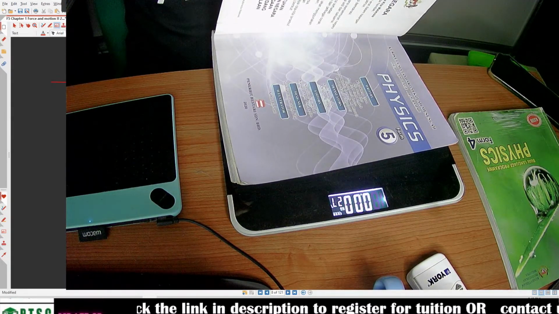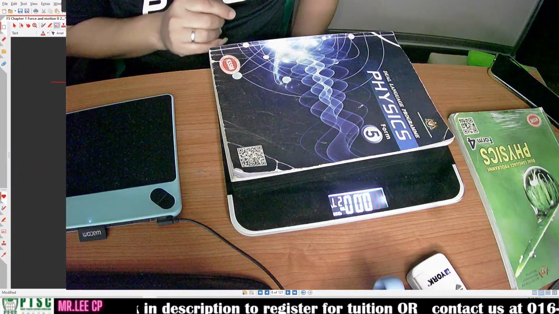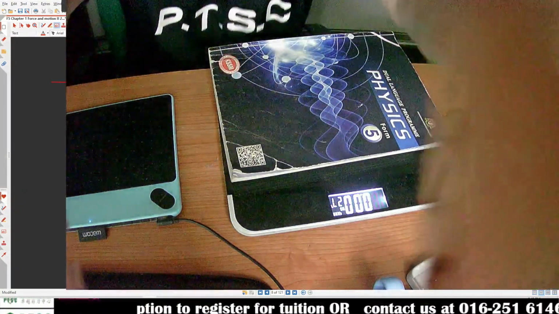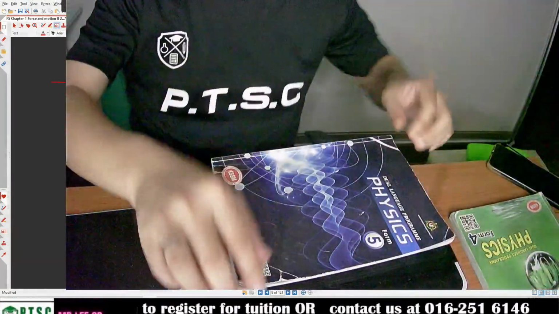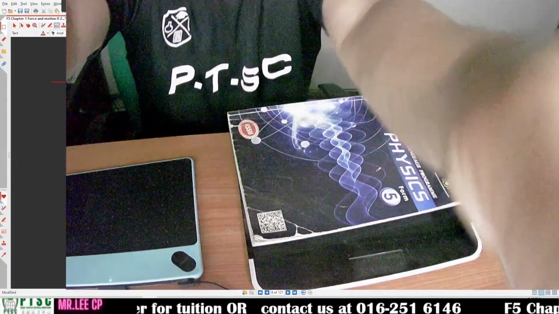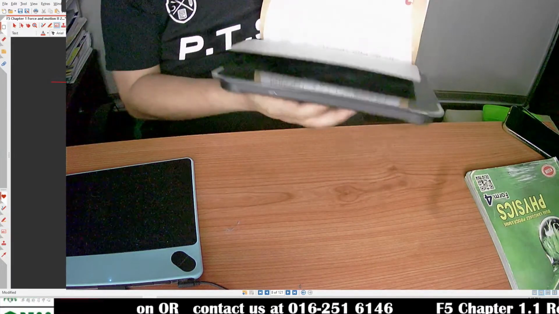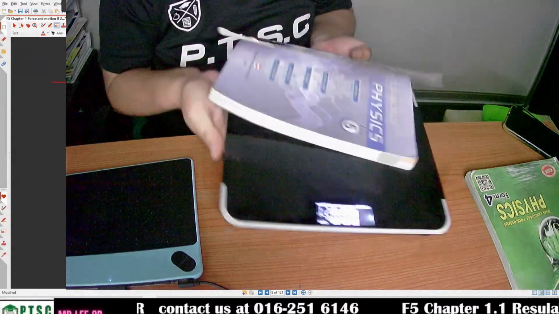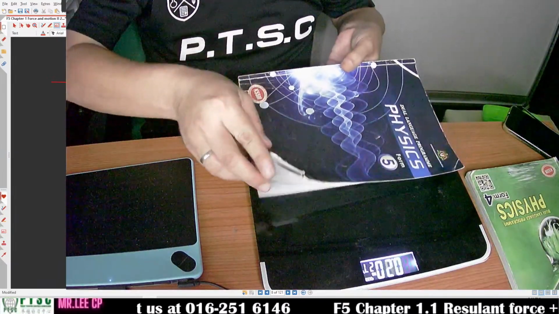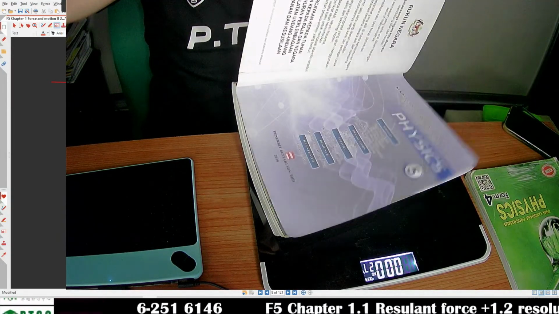Why this one 0.4 only? Because I pulled it up. Never mind, I'll show you again. The reading will be 0.3 because I pulled it up. Why? Because